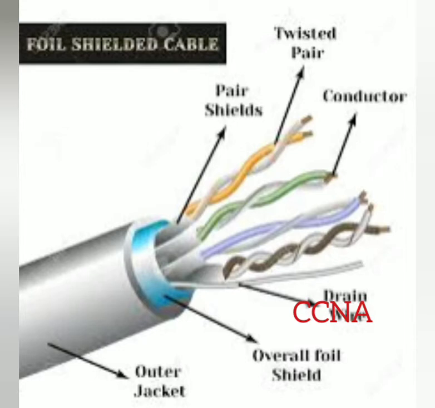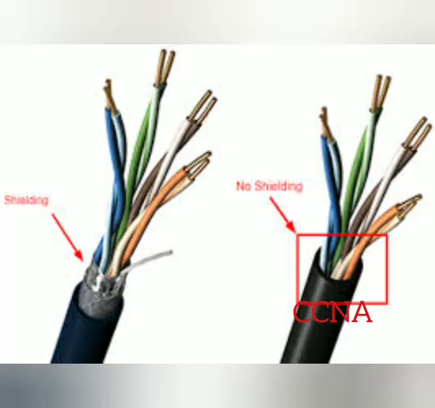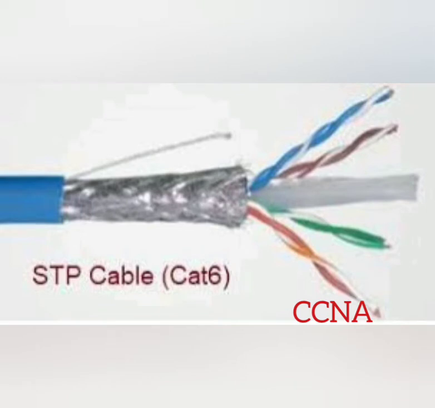The shielding in shielded twisted pair STP cables can reduce electromagnetic interference in two ways. One is that shielding can reflect the electromagnetic interference back. The other is that we can ground the shielding so that it can pick up the electromagnetic interference from the surrounding environment and pass it to the ground through a drain wire.